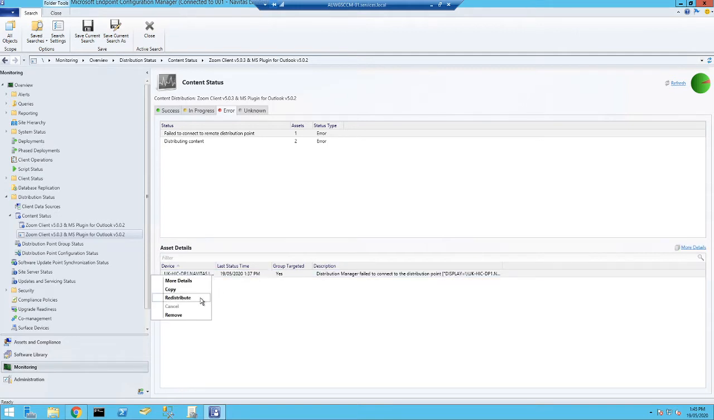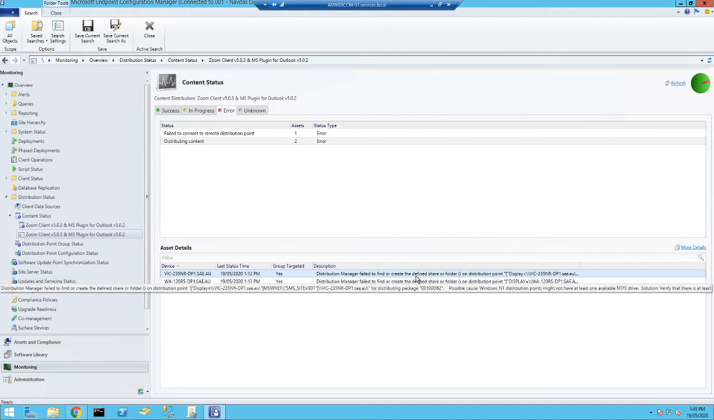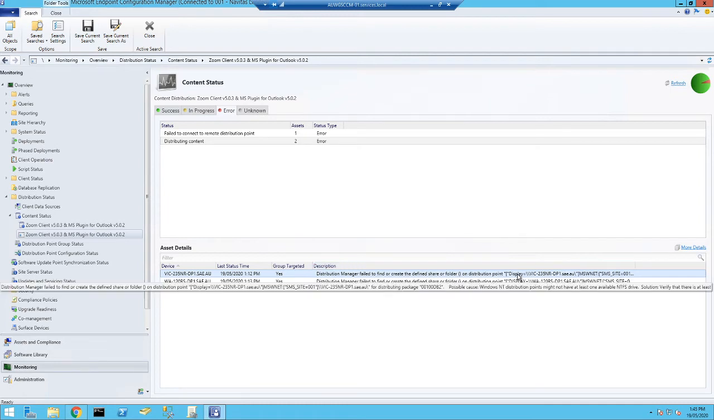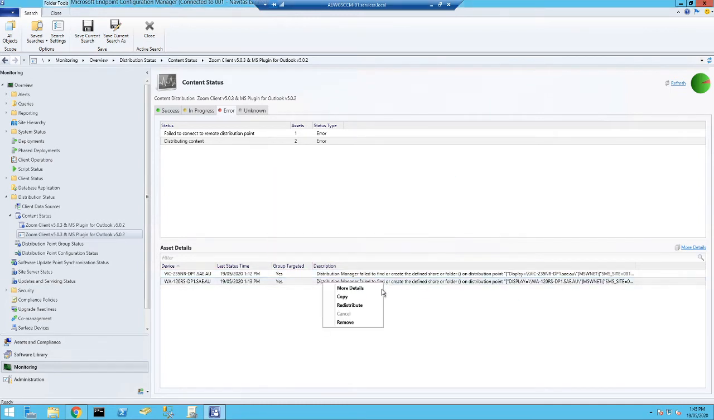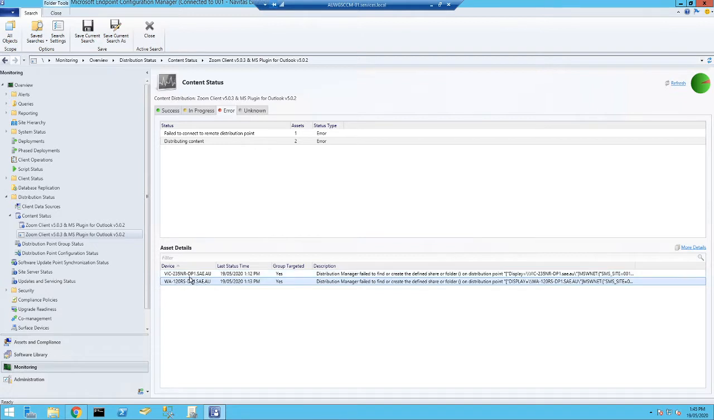So if it does happen, just right click and distribute content. So these two are failing to find or create a defined share. Sometimes the easiest way to do this is to just redistribute for both. If it still doesn't work, the easiest one would be just restarting the actual server. I'm not going to show it here, but since we're going back to deploying the application,